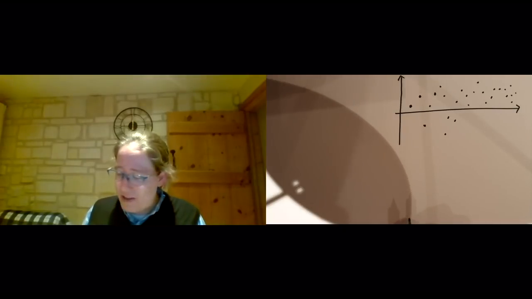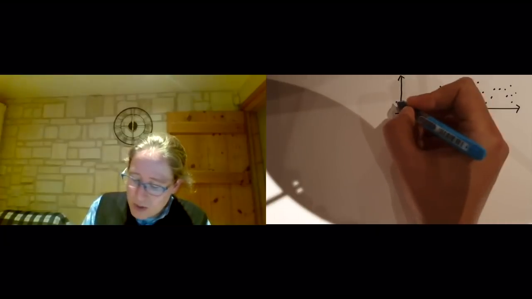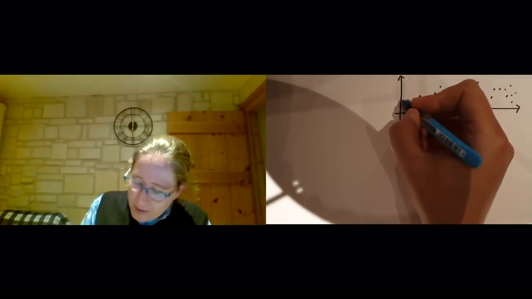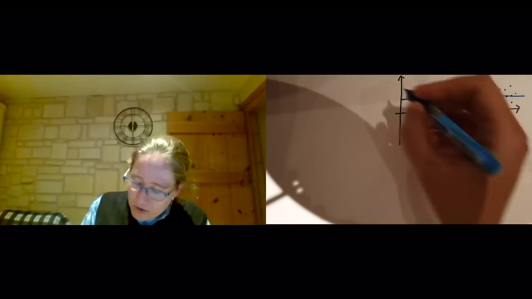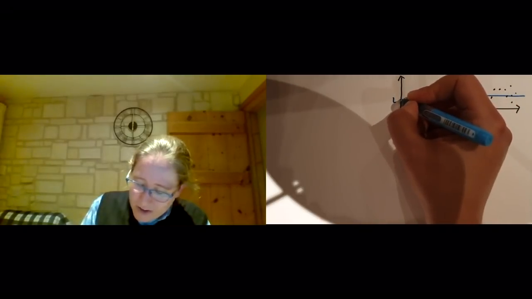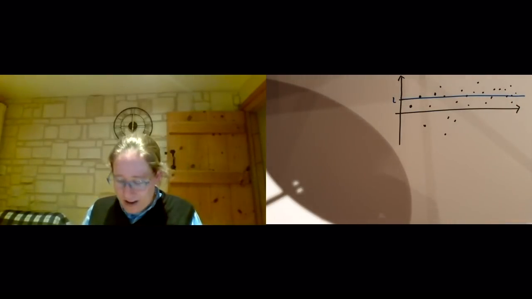Let's draw on where we think this limit might be. This is a bit hard to tell from a rather informal sketch like this, but I'm just going to put a horizontal line. Maybe this is where the limit is. This is just some horizontal line a little way above the horizontal axis with height L above the axis, L being our proposed limit.